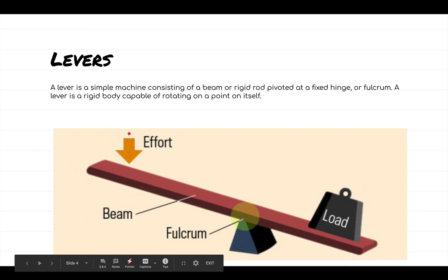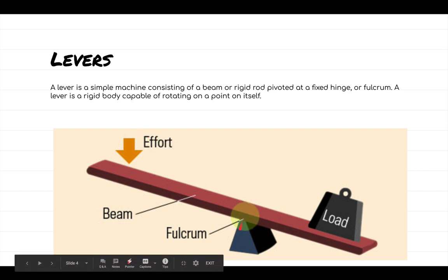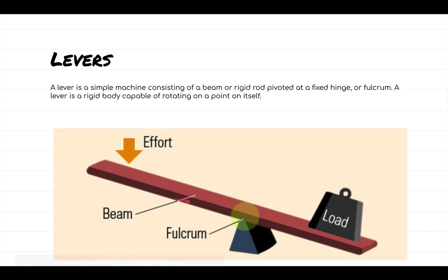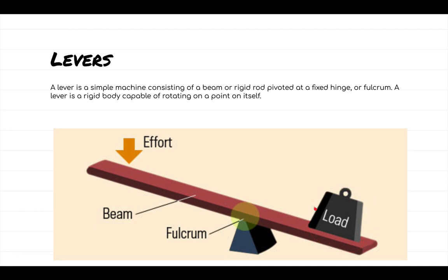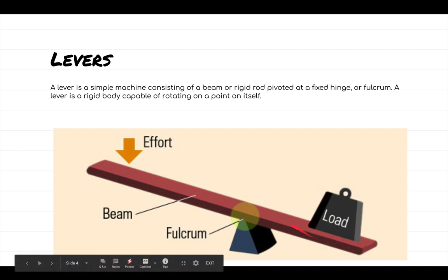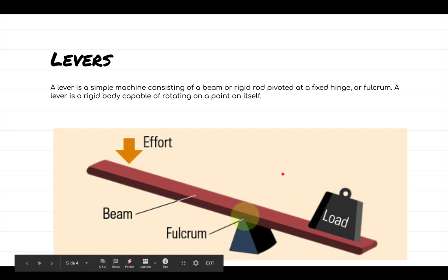Now, the pure genius of a lever is the fact that utilizing this fulcrum or hinge here actually disperses the weight evenly along the beam. So the amount of effort or force it would take to normally move the load is minimized because the weight of the load is actually dispersed along the beam. So the best example of a fulcrum you might remember from your childhood is like a